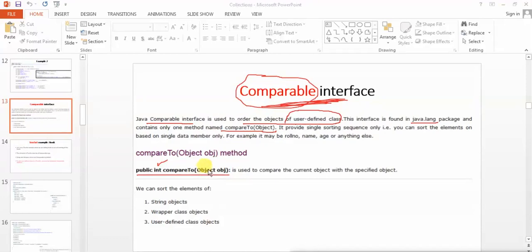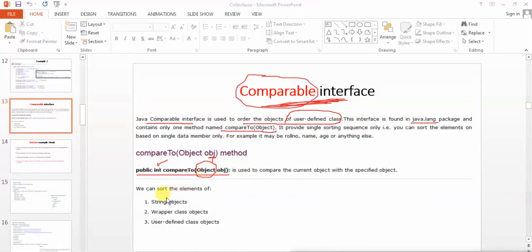If you don't mention the type, by default that T becomes Object. That's why it is mentioned here as Object. Otherwise, by default in the background it is T. T means you will specify the type. If you don't specify the type while inheriting, T automatically becomes Object, which is the root of all Java classes. So that's why it's directly written here as Object if you don't provide the type while inheriting the comparable interface.